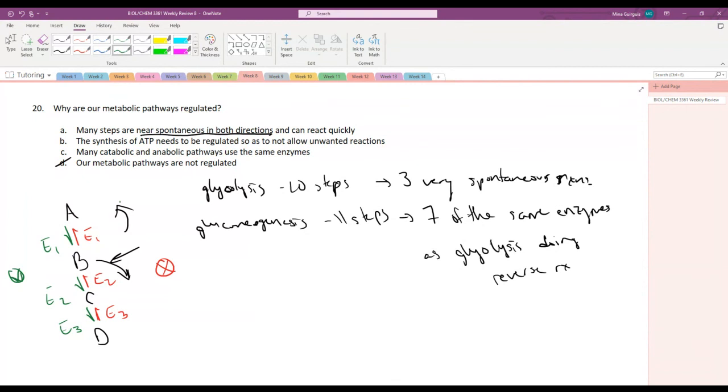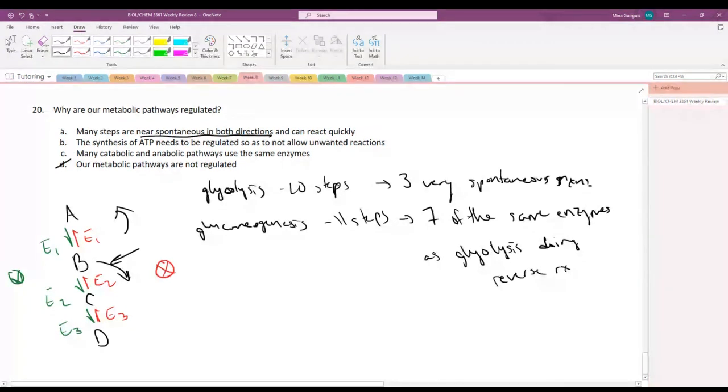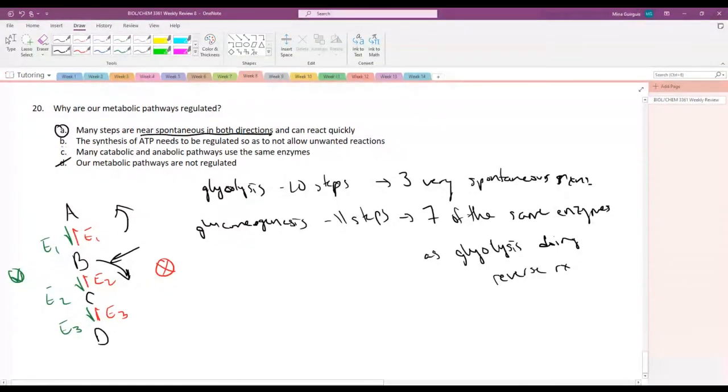If, on the other hand, we did the opposite, so we let red go and we also kept green going, D would go back to form C and then go back to B, and B would go back to form C and then D, and it would go forward and backwards all at once. And we would get a bunch of just forward and backward reactions. And so it would be chaos, right? We would never get what we actually need. And so the answer to this is actually